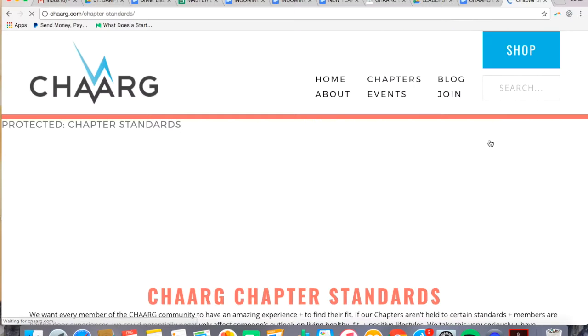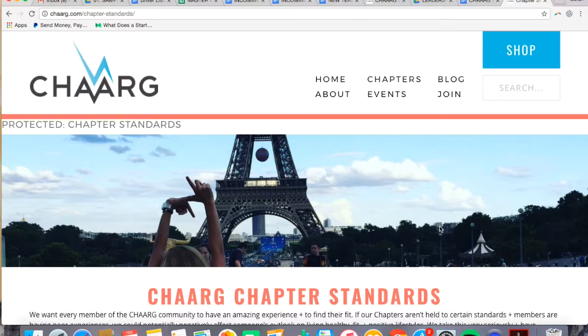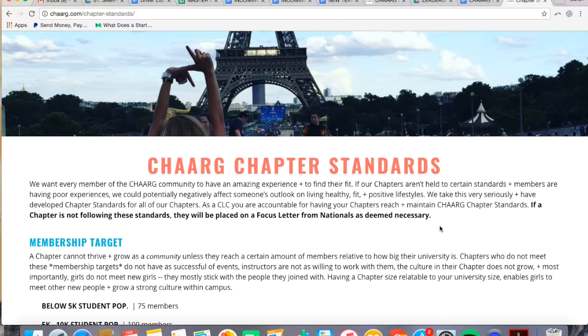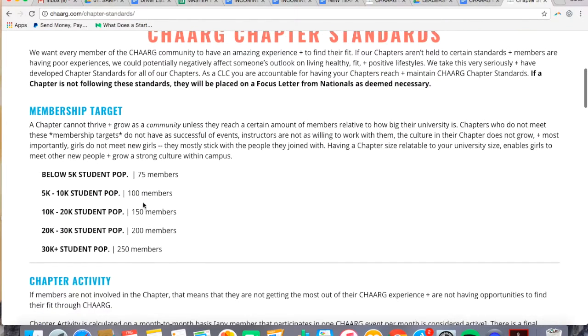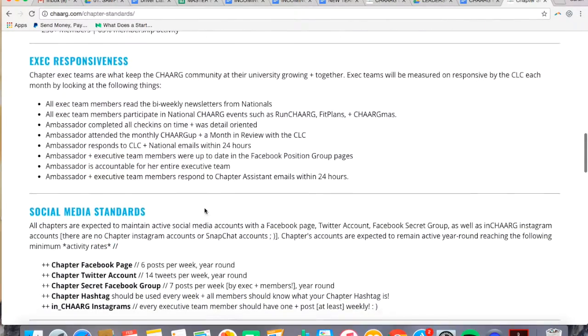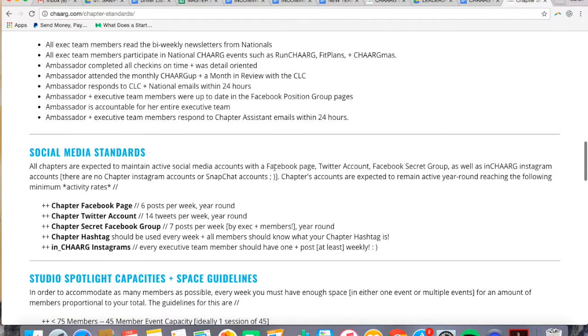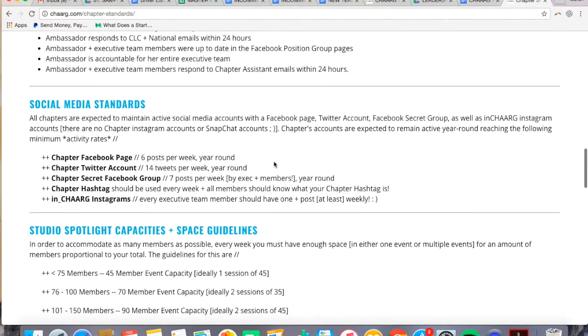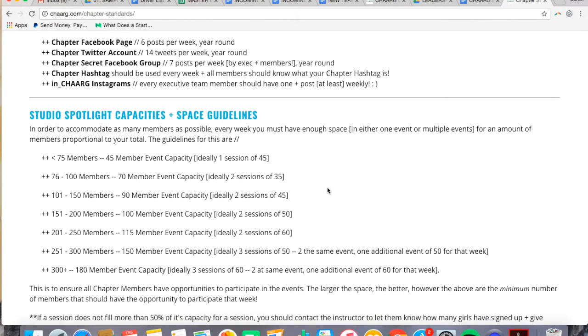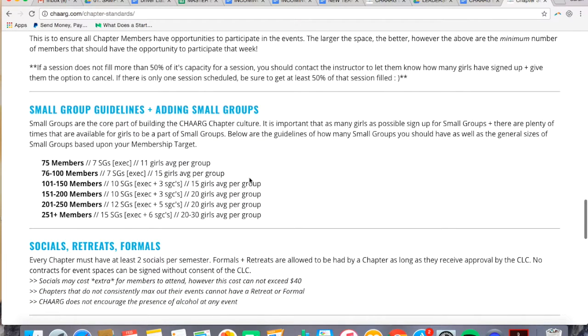Chapter standards. So this is, what is a charge chapter? We do have standards for all of our charge chapters to make sure they're hitting. And if a chapter isn't reaching these standards, we do evaluate them and put them on focus letters and action plans to try and get them back up to our standards. This describes what they are, with our membership target, the chapter activity rates, making sure execs are responsive to nationals as well as to the ambassador, the social media standards, studio spotlight capacities and making sure you have enough space, small group guidelines,